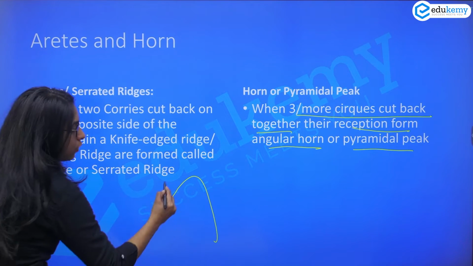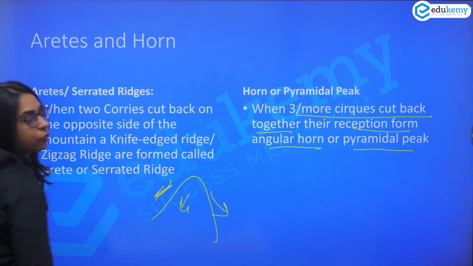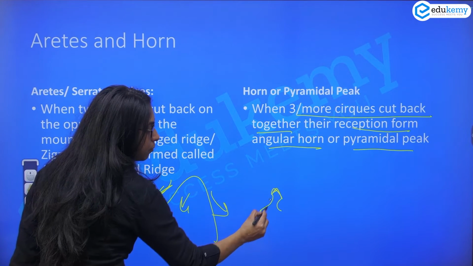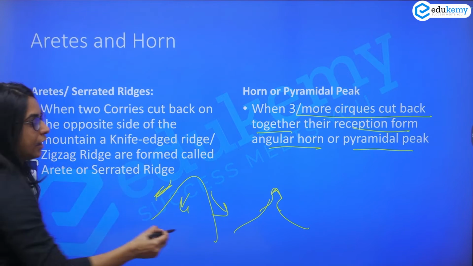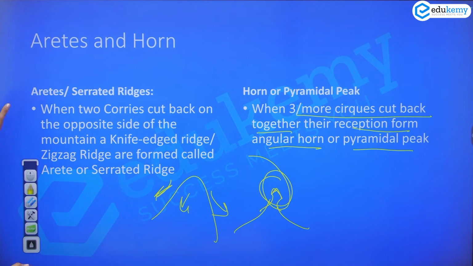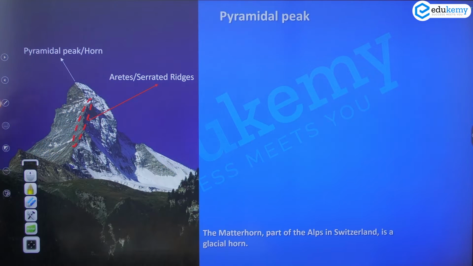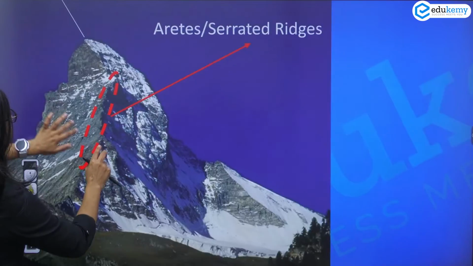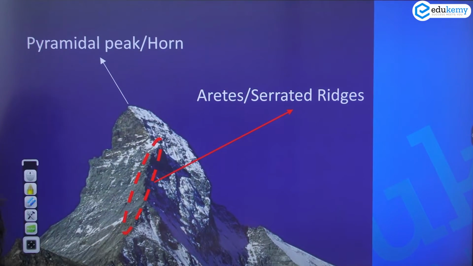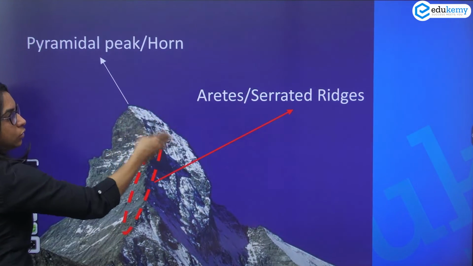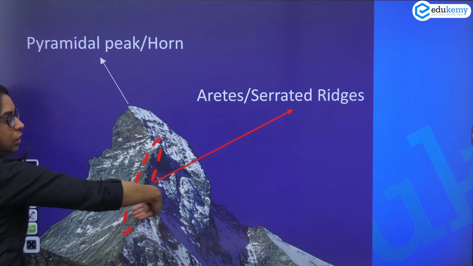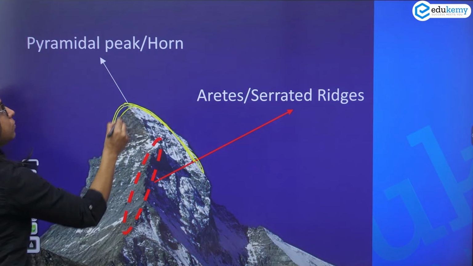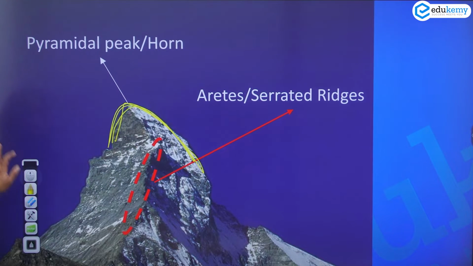One from the left, one from the front, and the other from the right. So if there is erosion that goes on, you get a horn-shaped peak. You get the horn-shaped angular peak, which is called pyramidal peak or the horn, and you can visualize it here. Imagine this. One quarry operated here, the other quarry has operated here, and the third one is here. So you are getting an angular peak, which is called pyramidal peak.